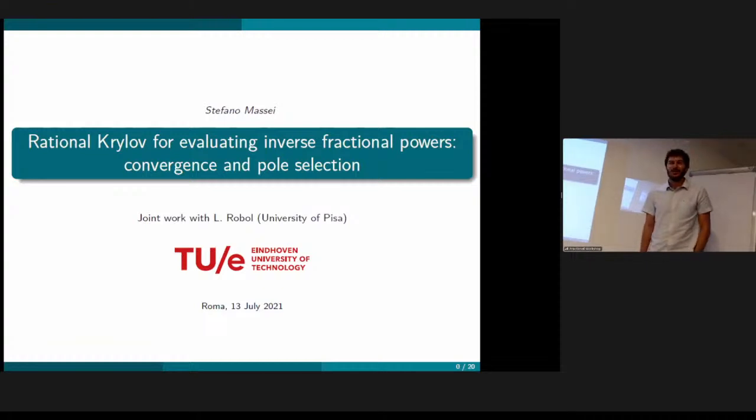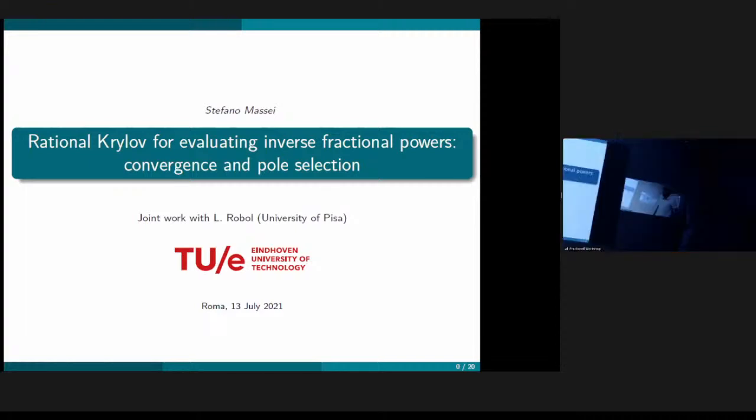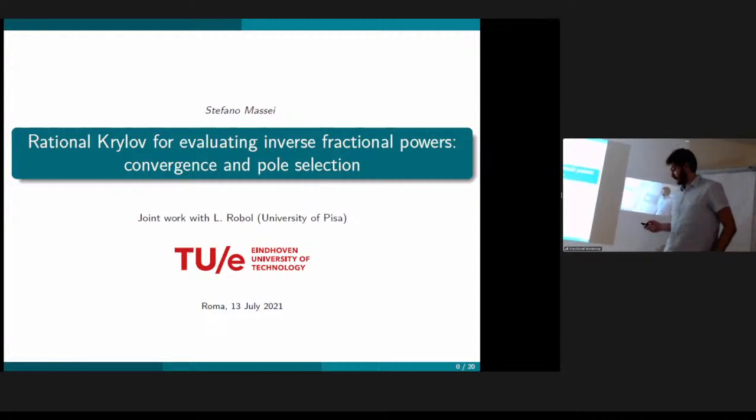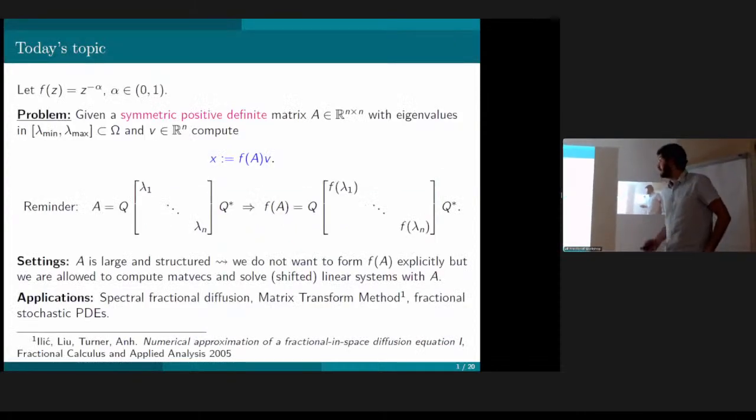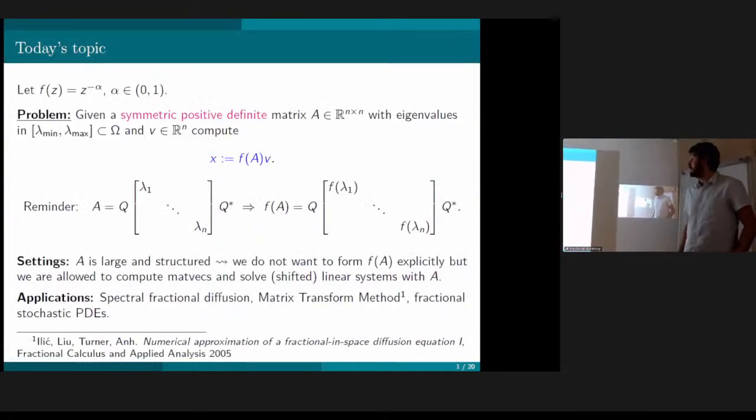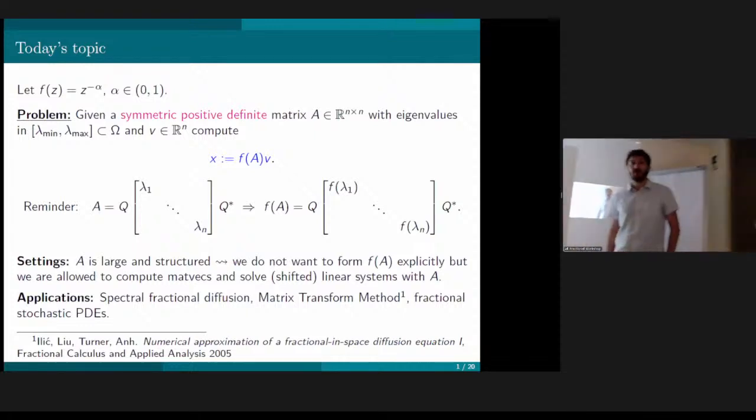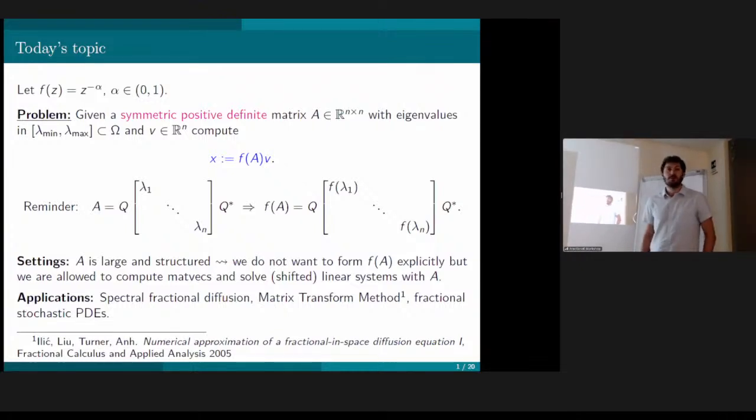Thank you, Fabio. In today's talk, I would like to tell you about a joint project. We both got interested in the problem of approximating the action of a matrix function on a vector. I hope that the speakers of the morning session, and also Professor Salgado yesterday, have convinced you that this might be a useful task, also when speaking about applications related to fractional models.